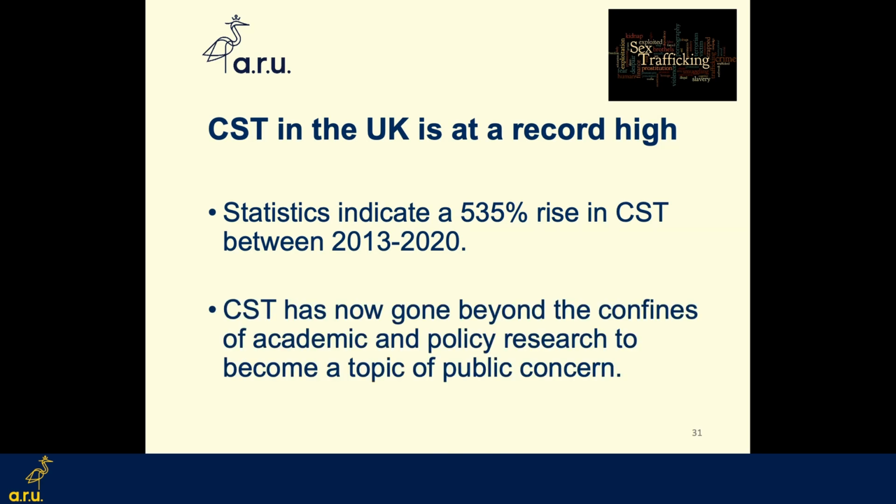So now child sex trafficking has gone beyond the confines of academic and policy research to become a topic of public concern. But it's not really. We don't see much in the news about this anymore, and I believe it's been swept under the carpet to an extent. County lines is now the in thing, and is what a lot of researchers are now looking at. Social workers are more aware of county lines than they are of child sex trafficking. The new serious violence strategy that was published by the government is all about county lines, not a mention of child sex trafficking,